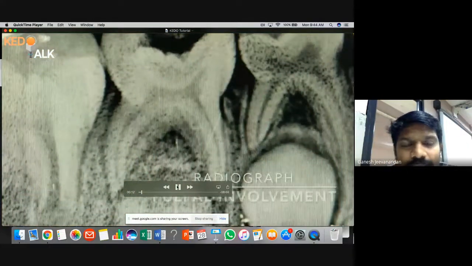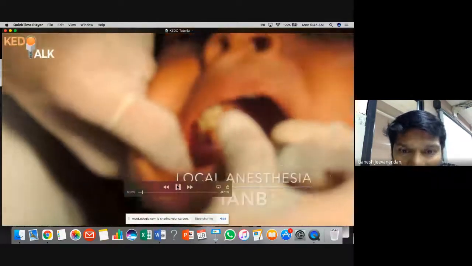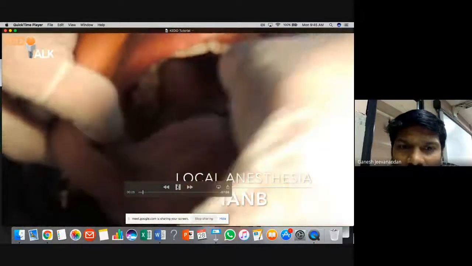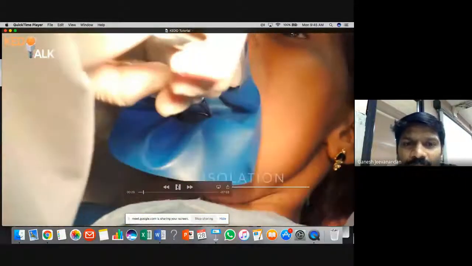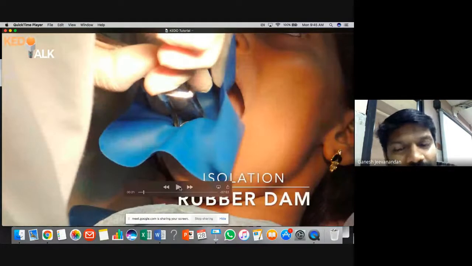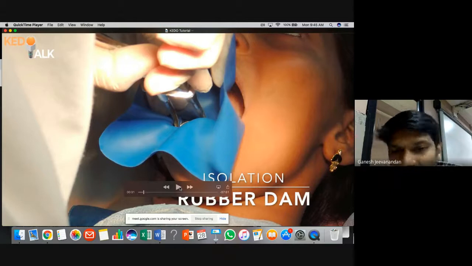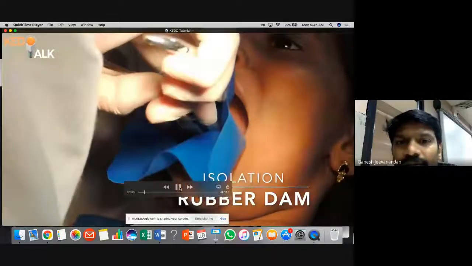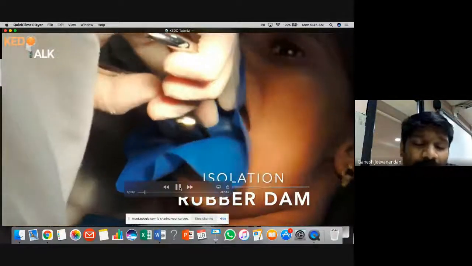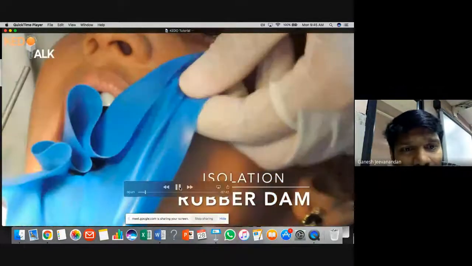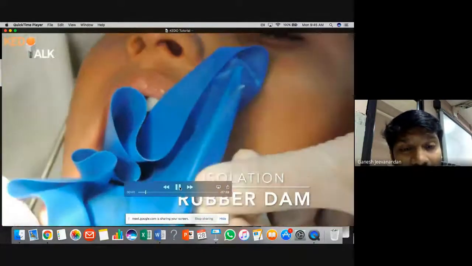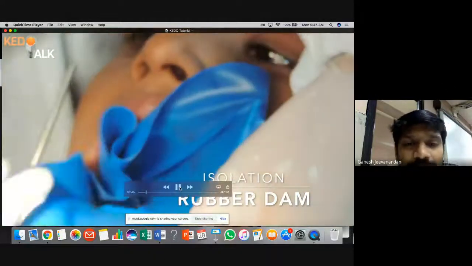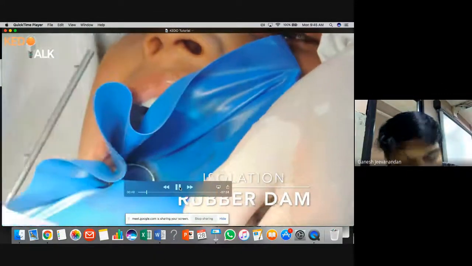This is the pulpectomy tooth which we are going to do. Look at the areas. We are giving an inferior alveolar nerve block. All the procedures we do with rubber dam. If the child is uncooperative and you are not able to do rubber dam isolation, at least cotton isolation you can do. So you see this rubber dam placement. We use specific clamps for the primary tooth. You have 208, 213, 12A and 13A for your primary teeth. Look at this rubber dam placement.